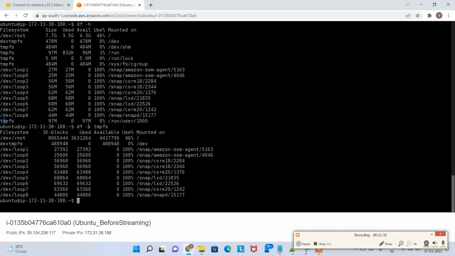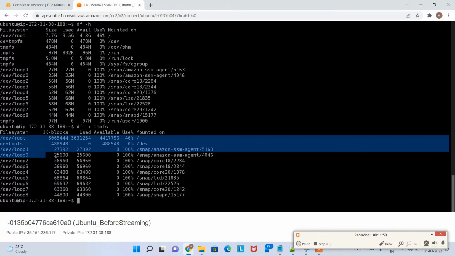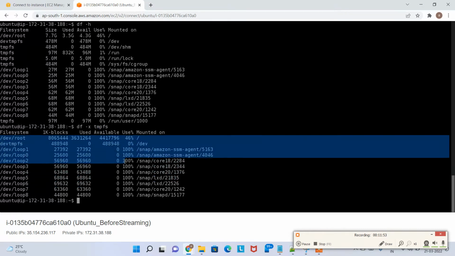Okay, so what exactly happened was you don't want this file system to be displayed. Apart from this file system, you want other file systems to be displayed. So hyphen x means it is excluding this particular file system. Say for example, if you do this df -x tmpfs, here I did not get anything called only